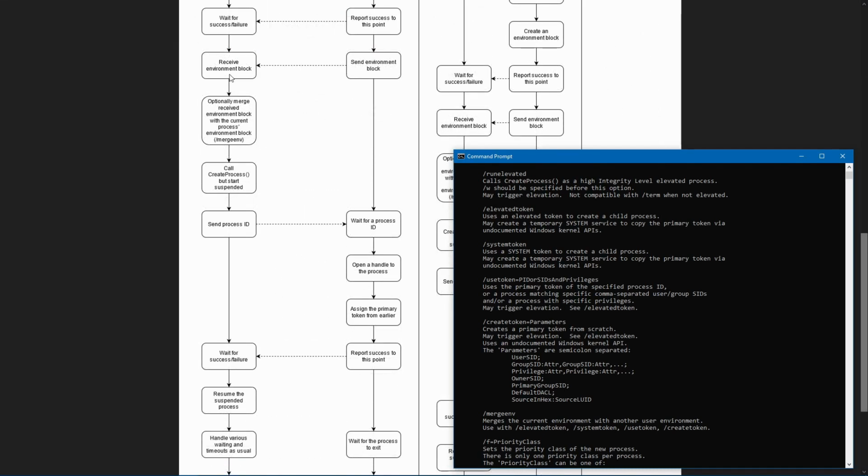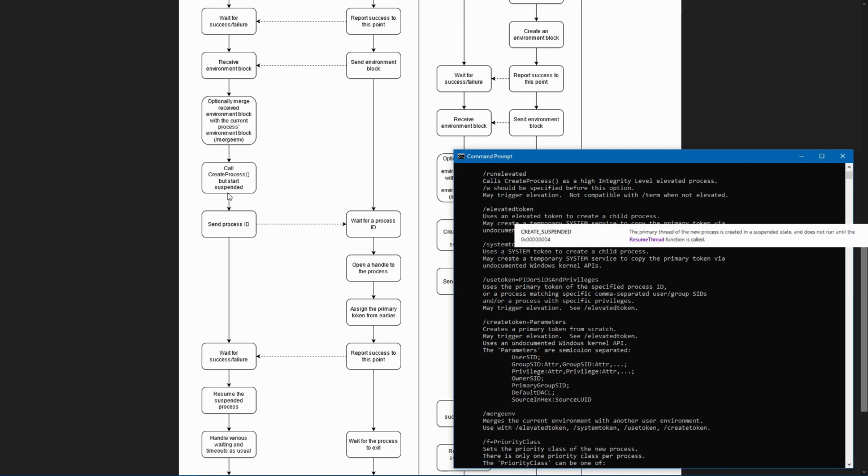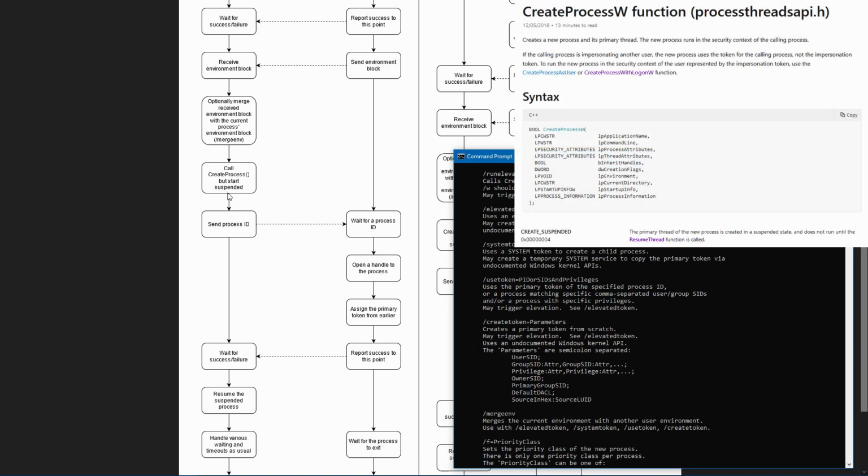The original process then receives the environment block and optionally merges the current environment block with the user's environment block. This allows custom environment variables to be passed from the original calling process onto the child process that will be created momentarily. Then, the actual child process is started as a suspended process using the CreateProcess API.